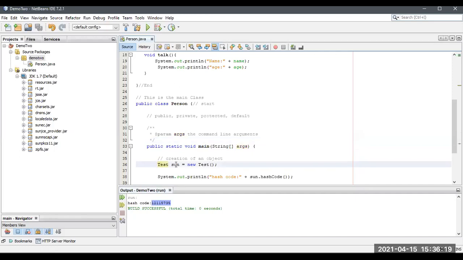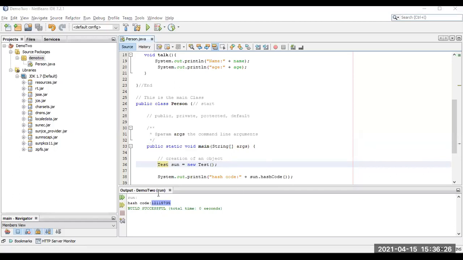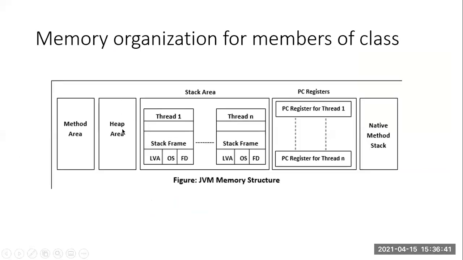When I create an object for this, it creates a unique number inside a stack based on the heap area. So inside a heap area, the object has been created, and here in a stack area, a reference number will be created.